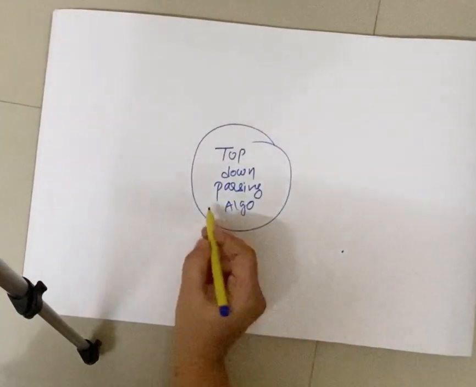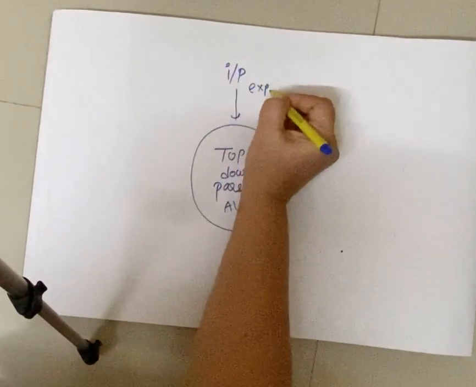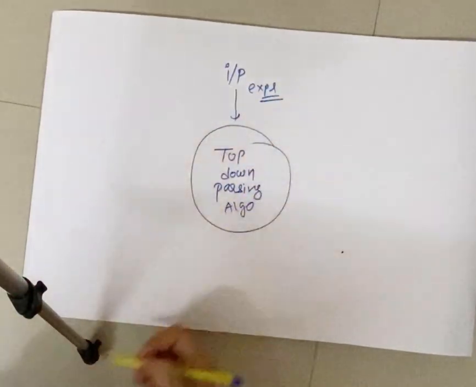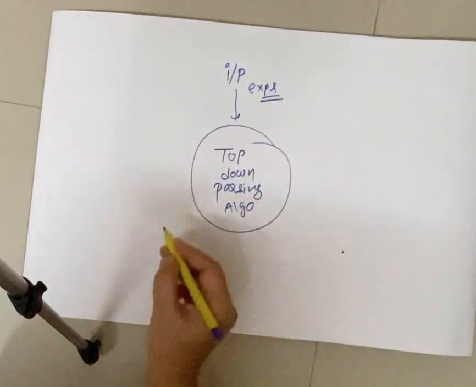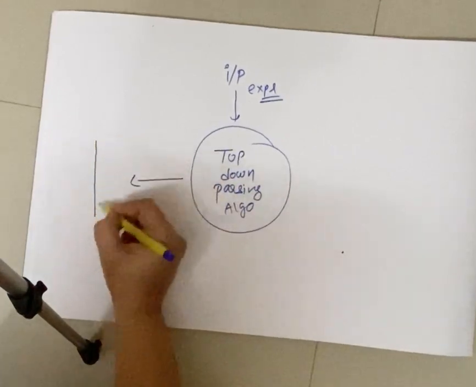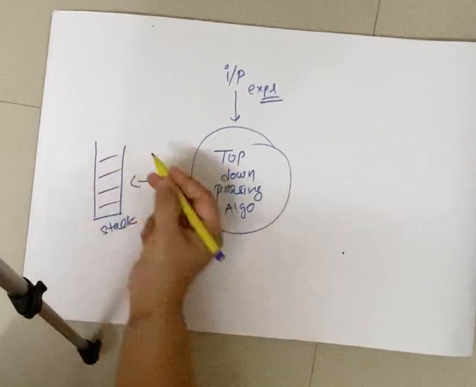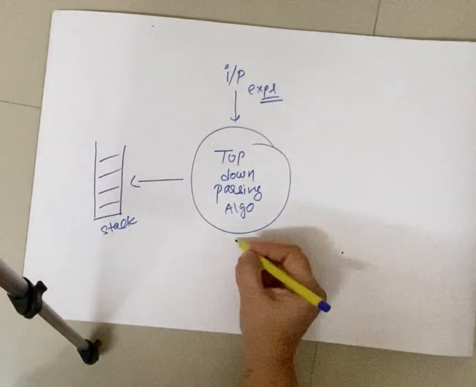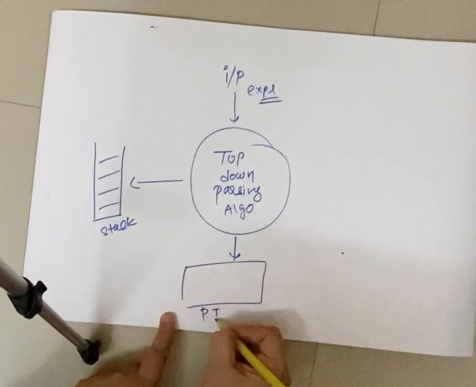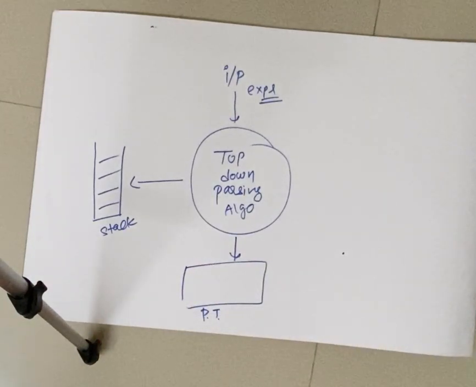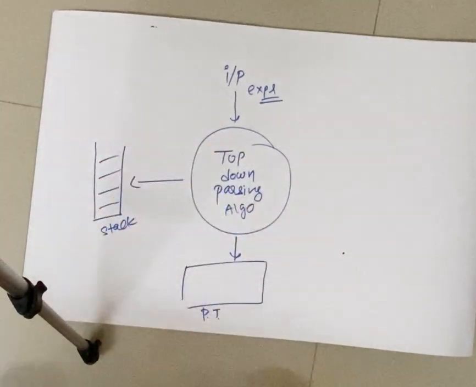What this algorithm is going to do is take as input an expression which you are going to validate, whether it is syntactically correct or not. For checking that, you have a code or algorithm. This algorithm is going to use a stack, so we assume that a stack is readily available or implemented. This algorithm is also going to consume the predictive parsing table, which we have already discussed how to create. So assume the table is available, assume the stack is available.